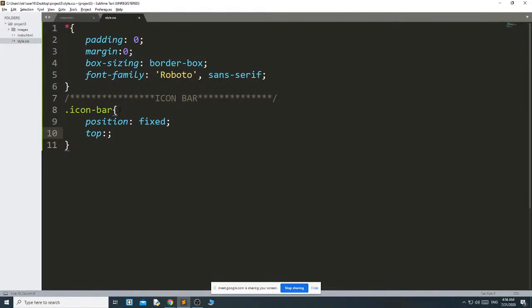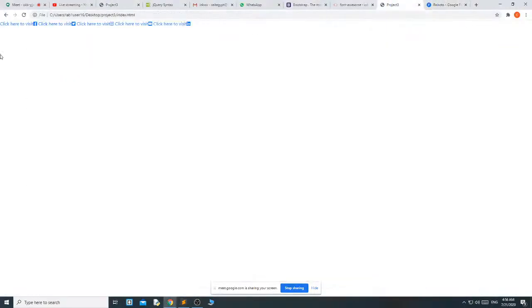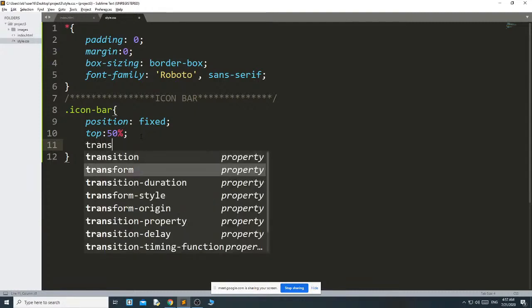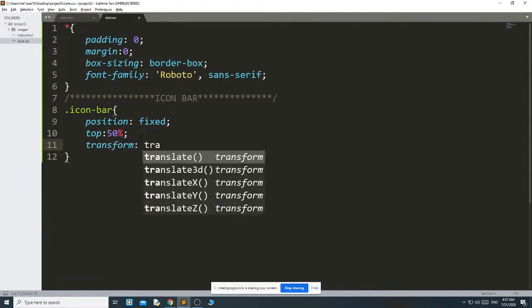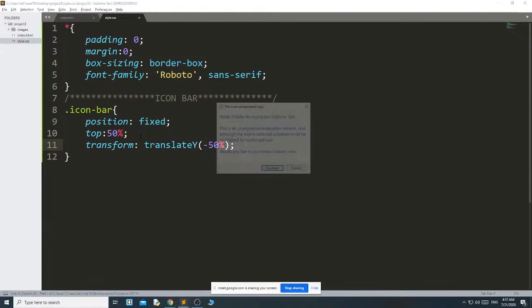If you want to keep it exactly in the center, then you can give top 50%. Okay, let me show you how it looks. See, it comes here. Then I want transform translateY minus 50%.